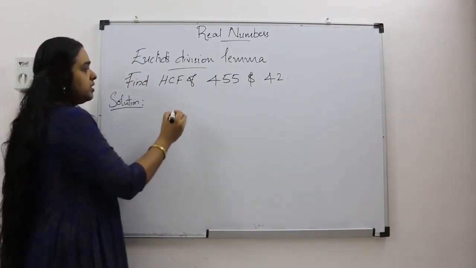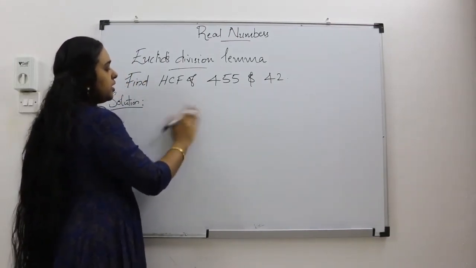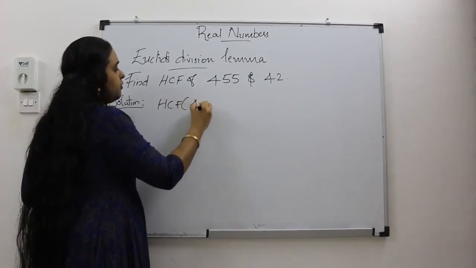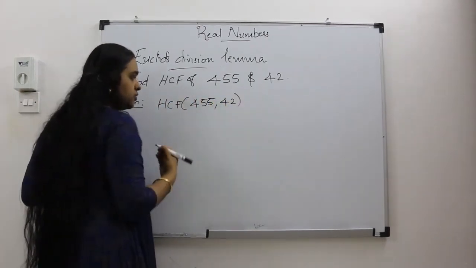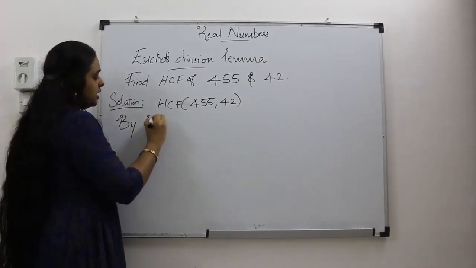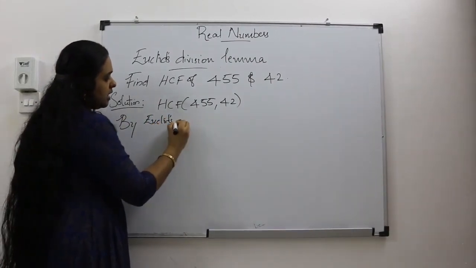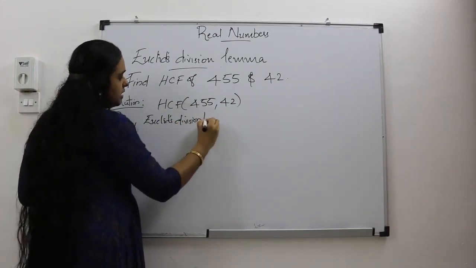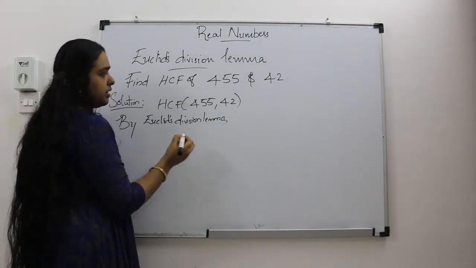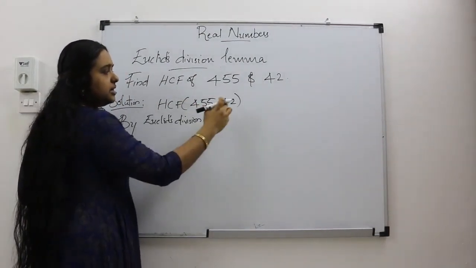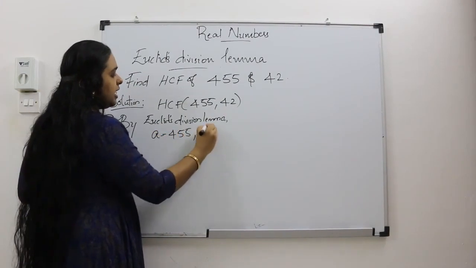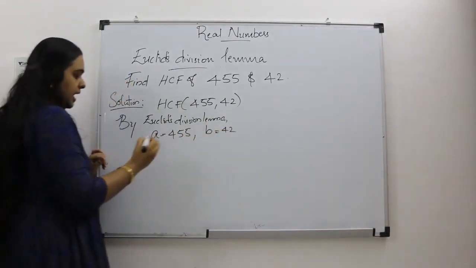First, what do you have to find out? First, what will we do? We will write HCF of 455 and 42 by Euclid's division lemma. Let's take this as the dividend and this as the divisor. So let's take A equals 455 and B equals 42, and the general form is